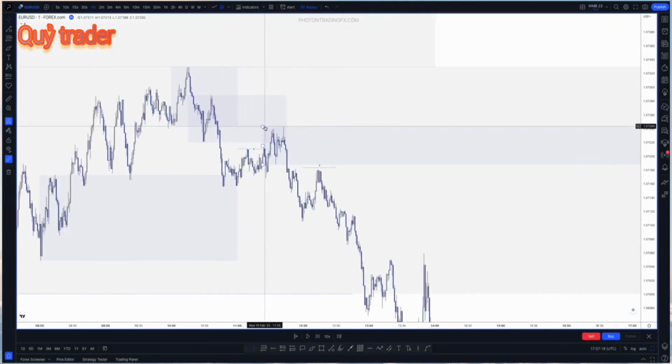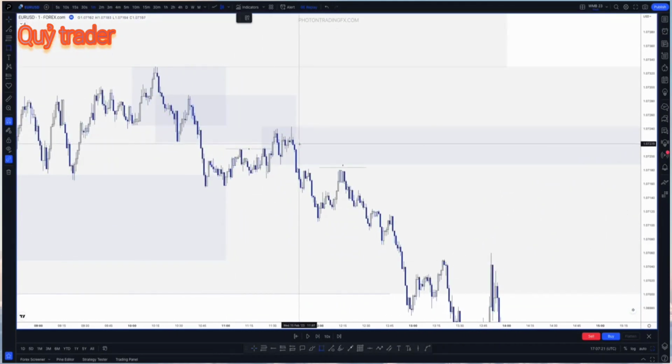But then within that, what can we do? Look, if you're an M1 trader, what do we have? There's only one real, it's the extremes that makes it nice and easy for you in this case. What do we also have here? We have a sweep of liquidity at the extreme, and it's a flip, because we've got this level